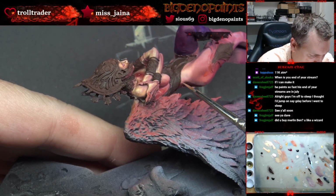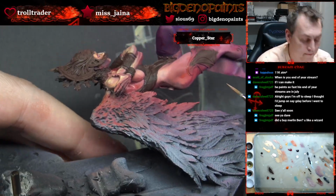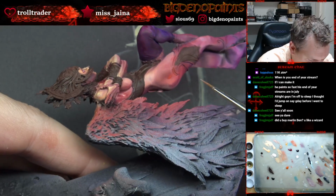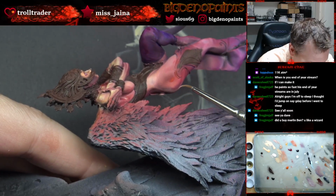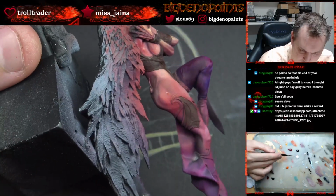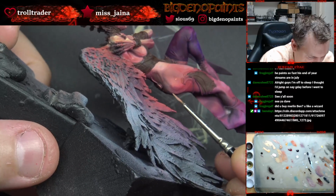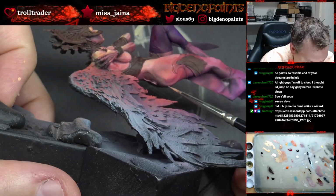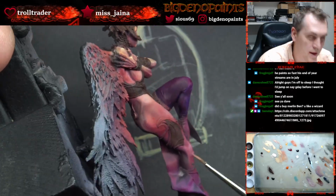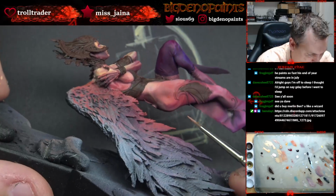I saw a piece by Merak Miniatures. Copper Star, thanks for following. Merak Miniatures posted a really cool little piece that I thought was awesome. Just in a little photo frame, but it used one thing that I don't think people in photo frames use enough, which is the depth, the actual depth of the piece. You'll know what I mean if you have a look at the